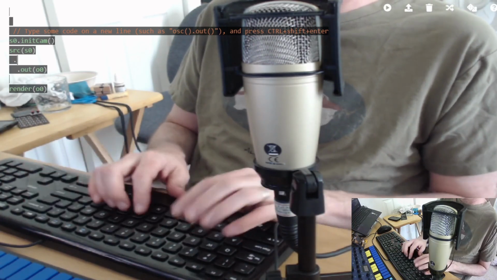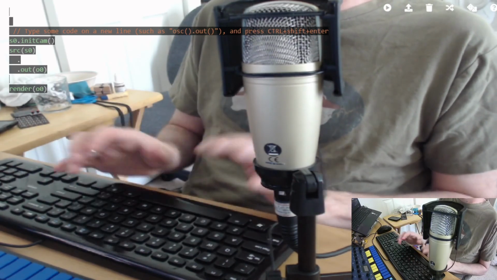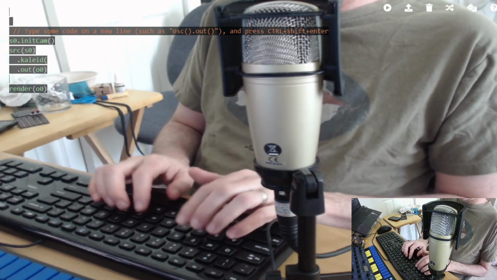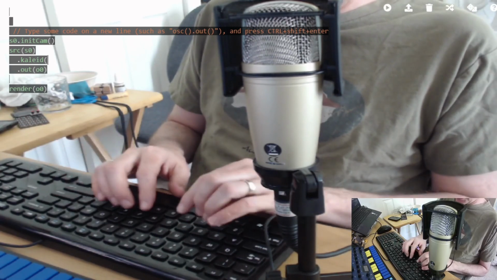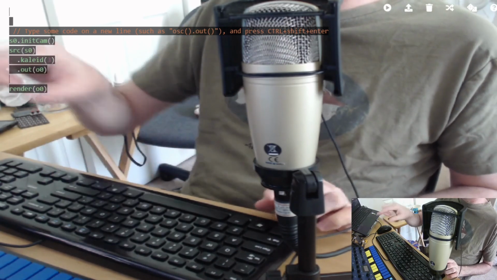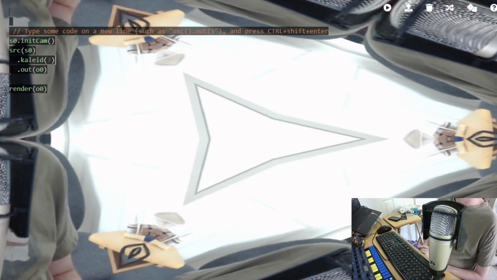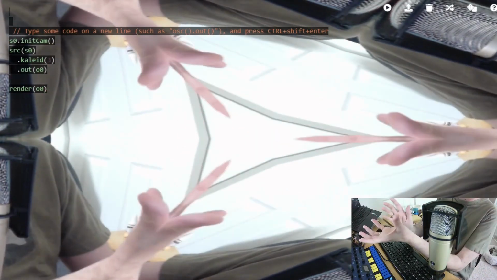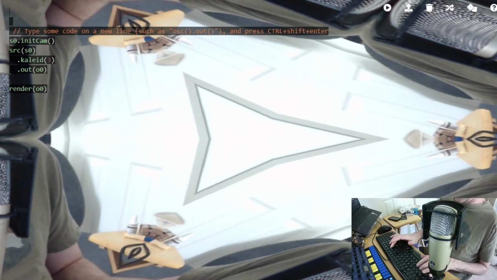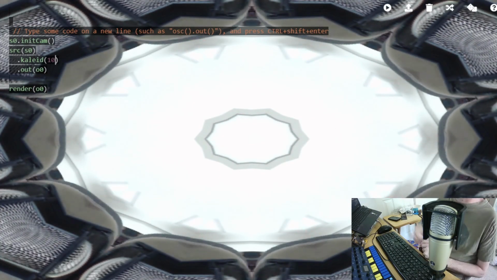So the first thing we can do is try to manipulate the video that we're seeing. The first most visually interesting thing is to start out with a kaleidoscope. So we can say, take our source and make it a kaleidoscope, and we can decide what our factor is for the kaleidoscope. In this case, it's going to replicate it 3 different times. And if I hit Control-Shift-Enter, it's all of a sudden now a funky kaleidoscope. If I change the number here to 10, it's now a 10-way kaleidoscope.